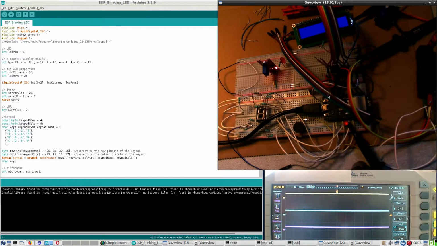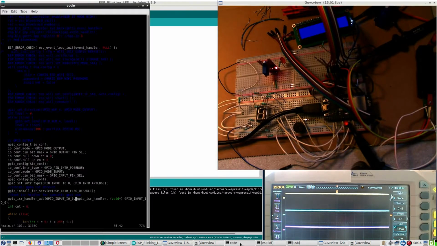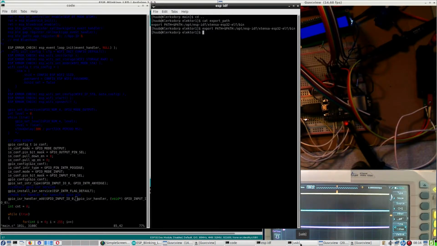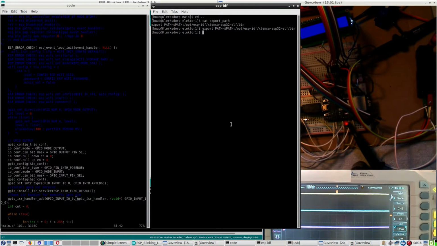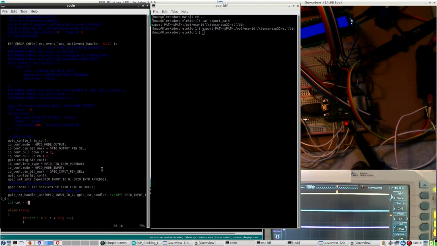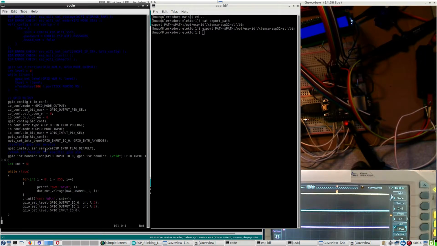But I have to go here. I already claimed ownership of the USB, and where it went wrong last time is right here. This is something it doesn't, it says, I don't know what GPIO ISR handler is, which is quite strange,